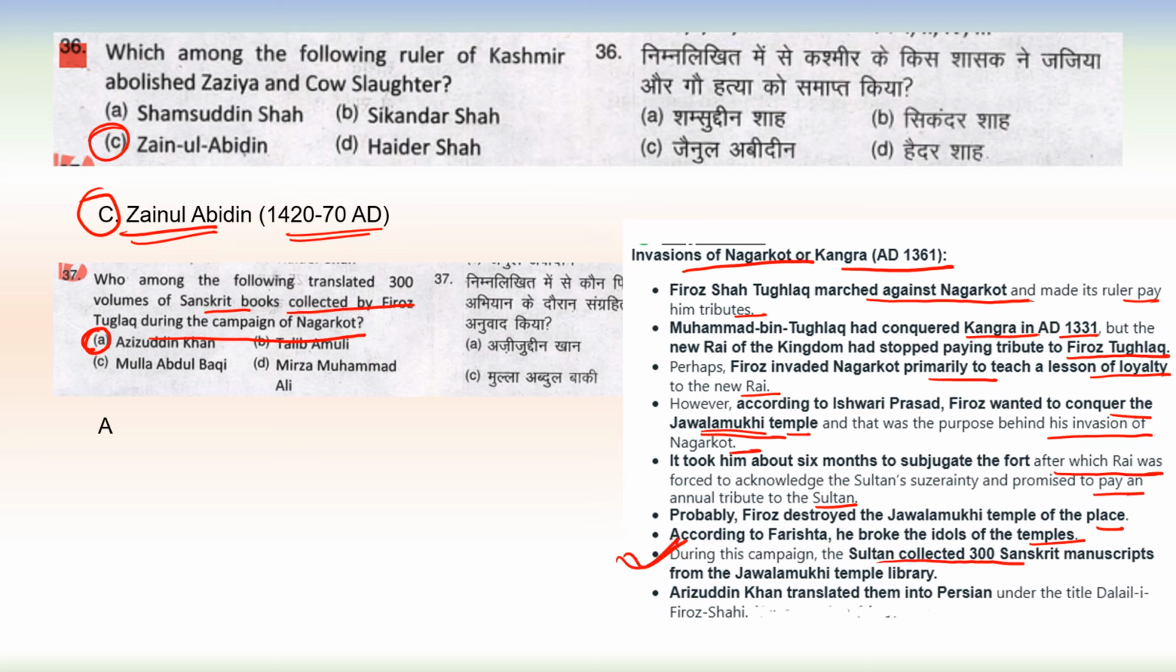Sultan collected 300 Sanskrit manuscripts from the Jwalamukhi temple library, and